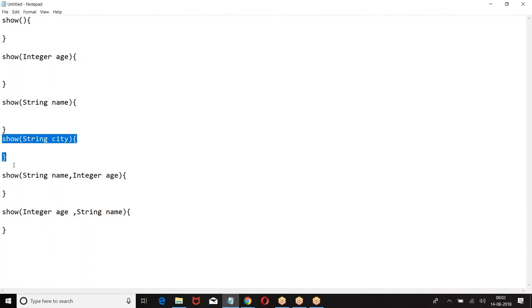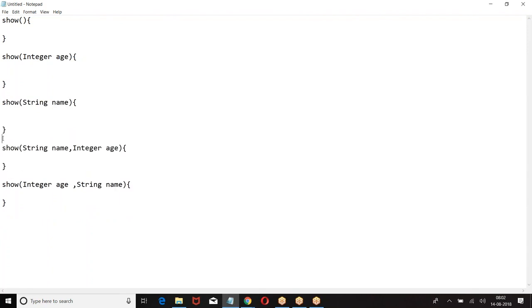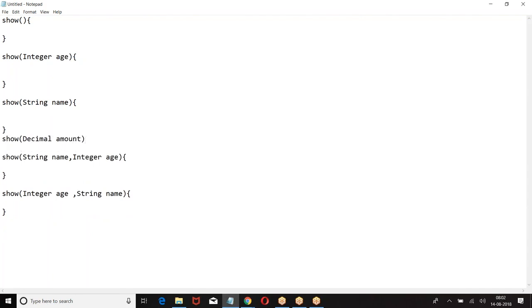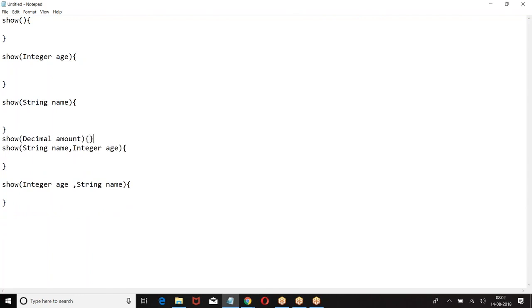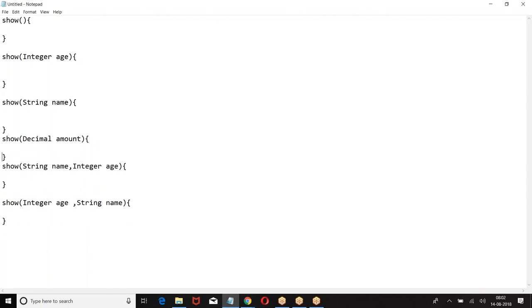Now I can define, I took one parameter. Somebody can take another. I can define some show method that takes account, some show method that takes contact, some show method that takes opportunity, some show method that takes case. I can define n number of methods in the same class with the concept of overloading. It is also called compile time polymorphism.